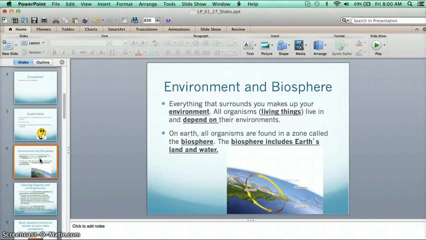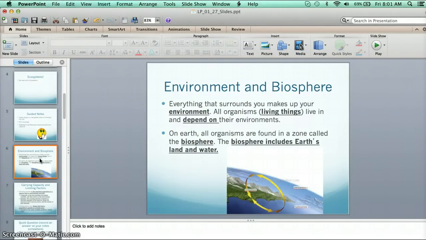So the first terms I want to introduce are environment and biosphere. So the environment is literally everything that surrounds you. Everything that surrounds you makes up your environment. All organisms, all living things, live in and depend on their environment. So not only do they live there, they actually depend on different parts of their